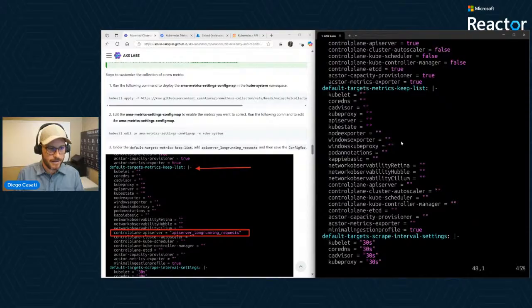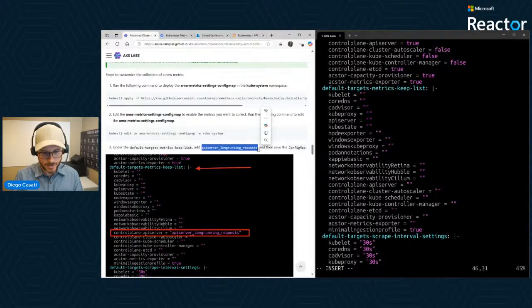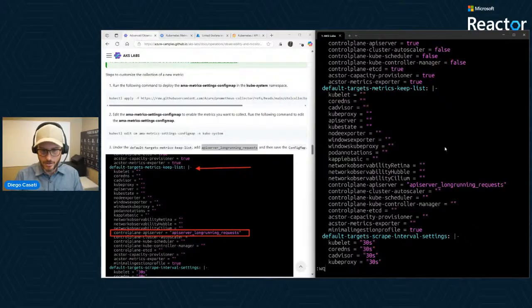And you want to add under the keep list, which is where I am right now. So make sure you are in the default targets metric keep list. Where it says API server, we will add this here: API server long running request. Just copy that, paste it, boom, in place.